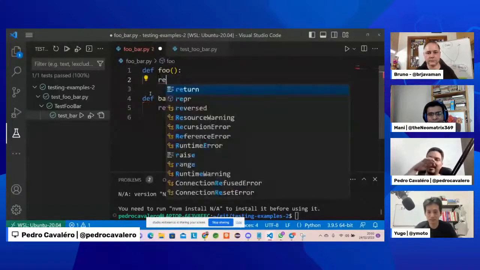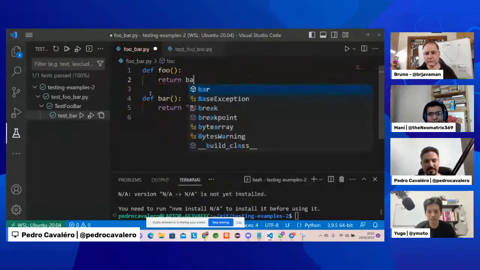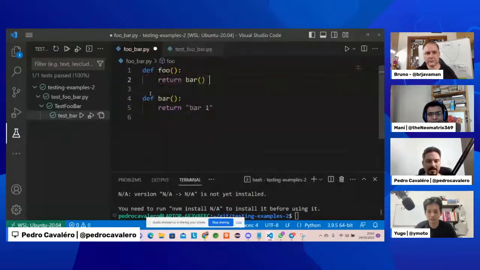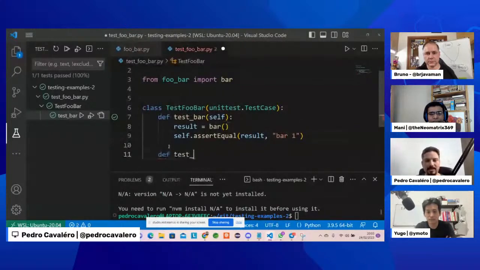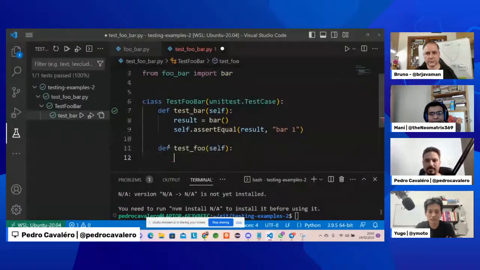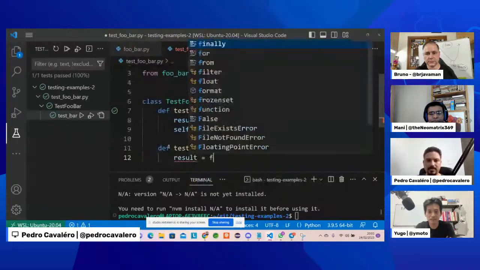But for example, if I have a function calling a function and I need to create a test for that, I can just do the same, right? Let me go here and call this test, and I call this guy here.